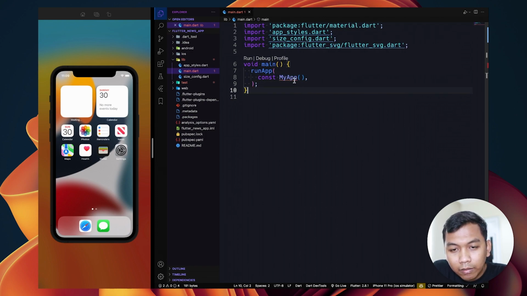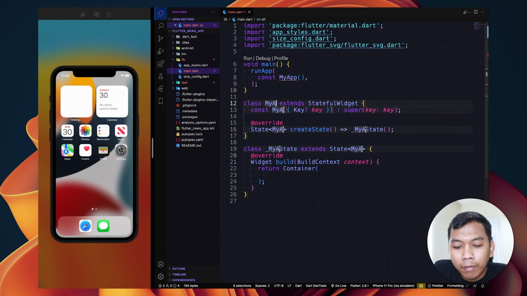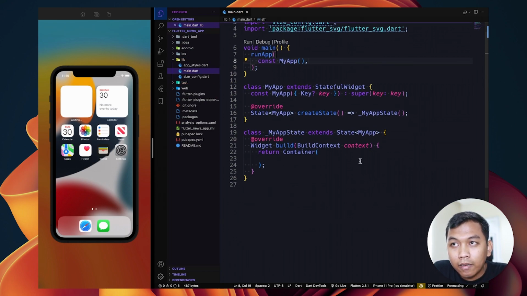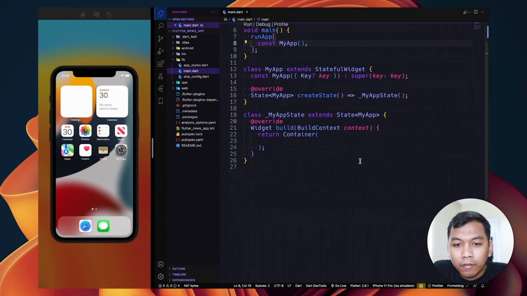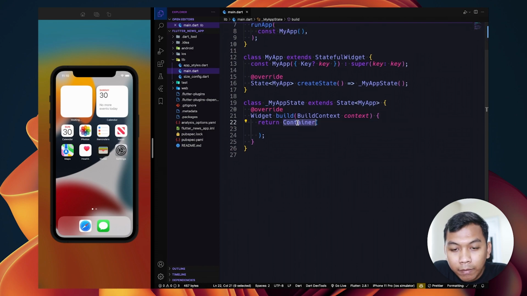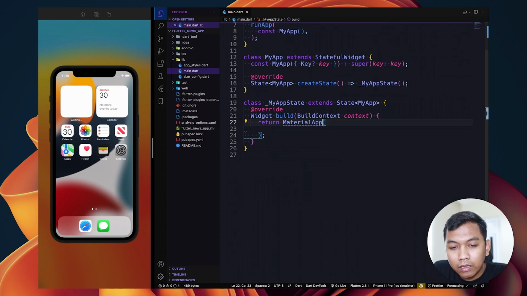This MyApp doesn't exist, so let's create a new stateful widget, and name it MyApp. Alright, inside this MyApp we need to return MaterialApp, and this will be the starting point of our app.